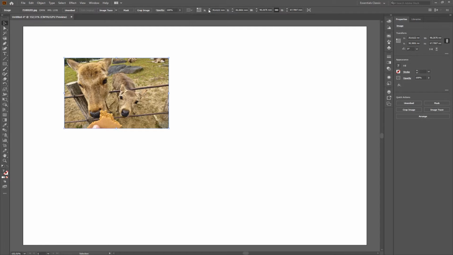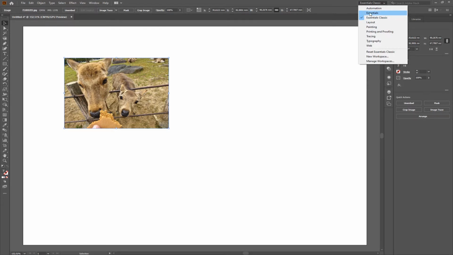The size of the picture, let's do a brief recap of what is possible. When you select your image with the selection tool, then you see the size of the image as well as the position. That is the size of the image here and the position in the top row. Oh, sorry. In the other video, I used a different